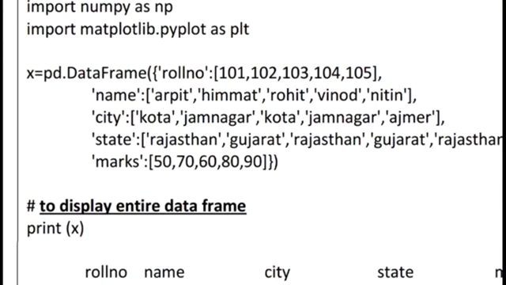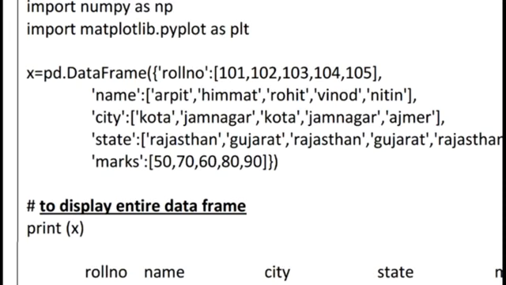A curly brace means we can take the help of the dictionary concept, because only in this way can we use a dictionary, and this dictionary will convert into a data frame. So here I am using a curly brace. Then 'roll number', because roll number is a string data type, and every string is always enclosed with single quotes, double quotes or three quotes. Here I am using single quotes.